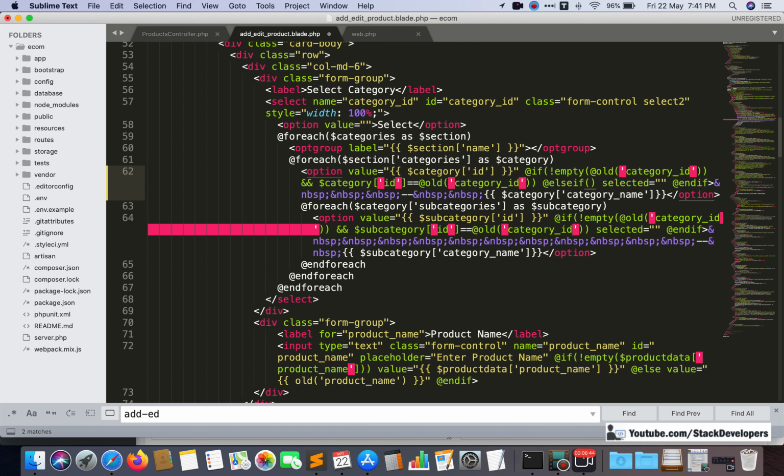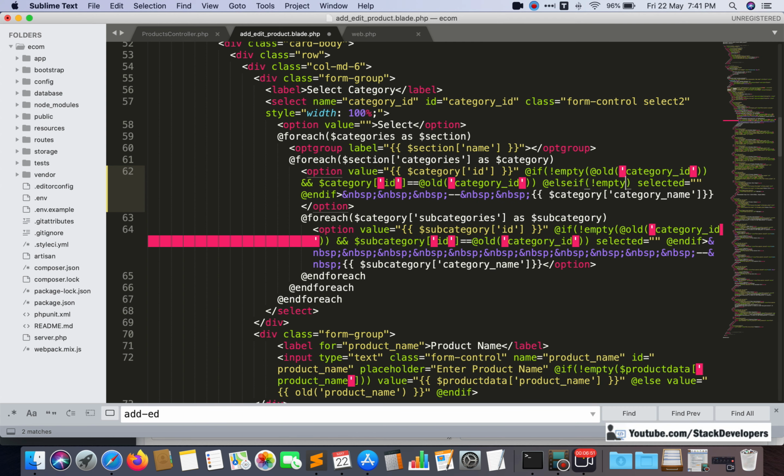In else if I am going to add here empty and dollar product data, and here I am going to add our category ID. See, if it is not empty.